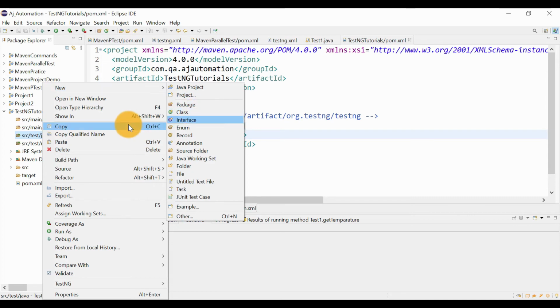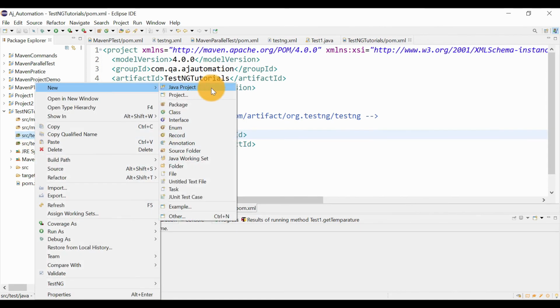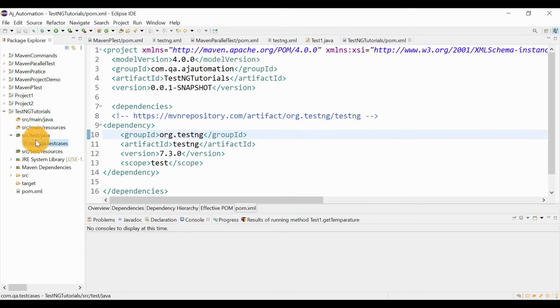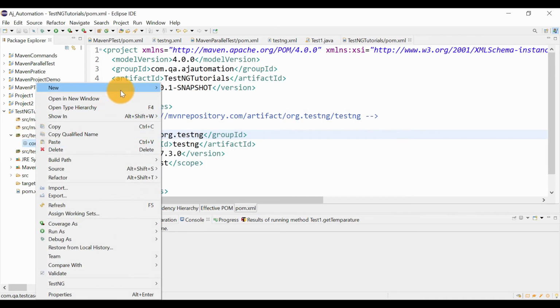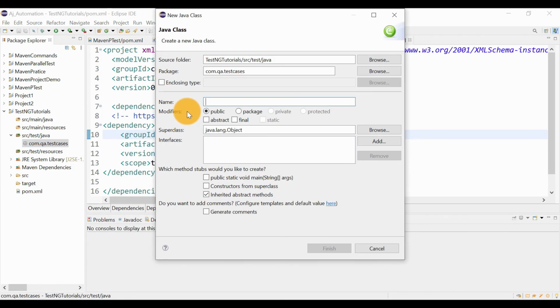For creating a test case, in src/test/java, first you need to create a package. Let's say com.qa.testcases. This is my package name, and under this package we can add multiple Java classes. One Java class can be one test case. Okay, so let's say